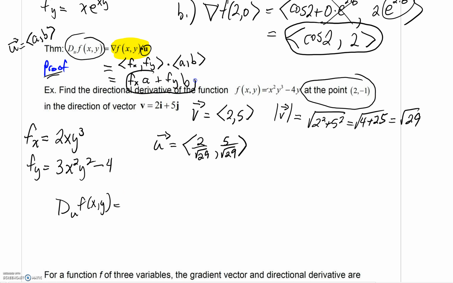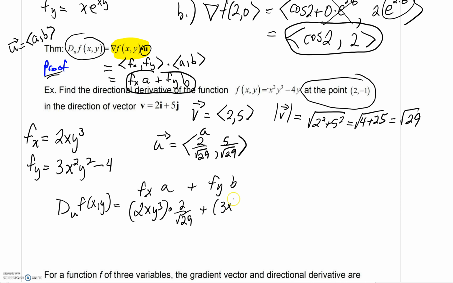End result, it's f sub x times a plus f sub y times b. You could think of it as the dot product also, of course. But here's your 2xy cubed. Your a is 2 over radical 29. F sub y is 3x squared y squared minus